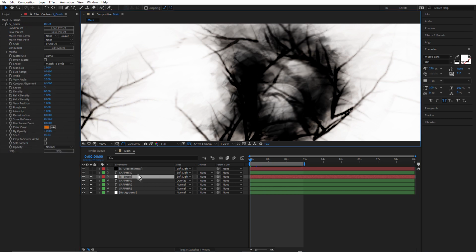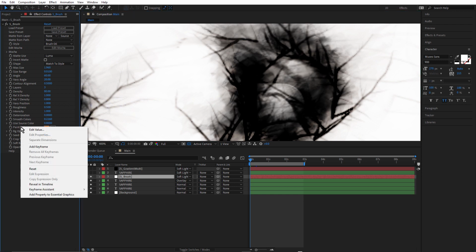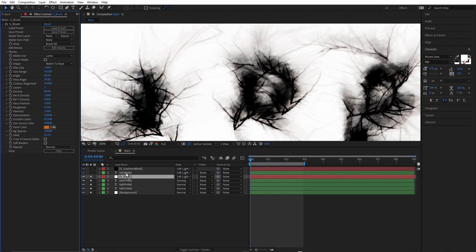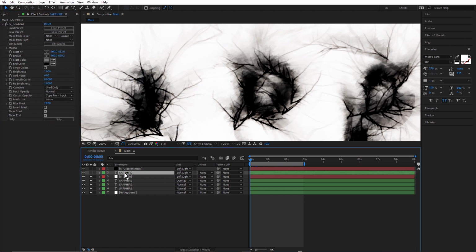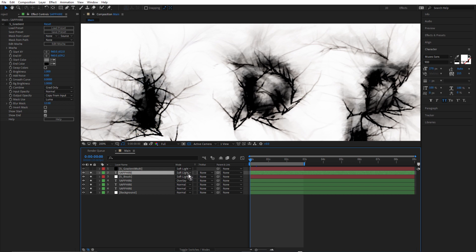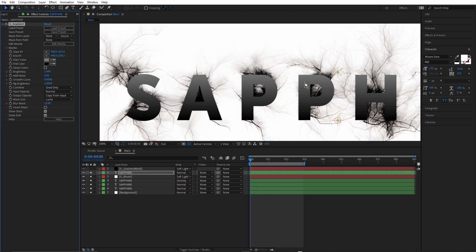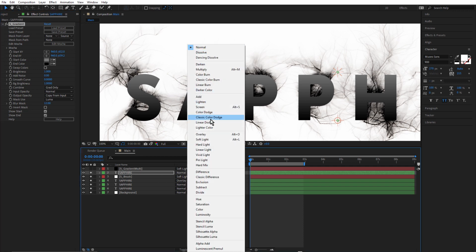But I decided not to change the paint color even after I'd colorized this, because if you just right click and choose Reset, you can see it just changed the look somewhat. Okay, above that we have the Sapphire text again. This has S gradient applied. I'll just turn that off. Turn the text on. Using the soft light blend mode, just turn that off. So that's actually white text. There's S gradient, just going from black to a light gray. And let's bring that back to soft light.